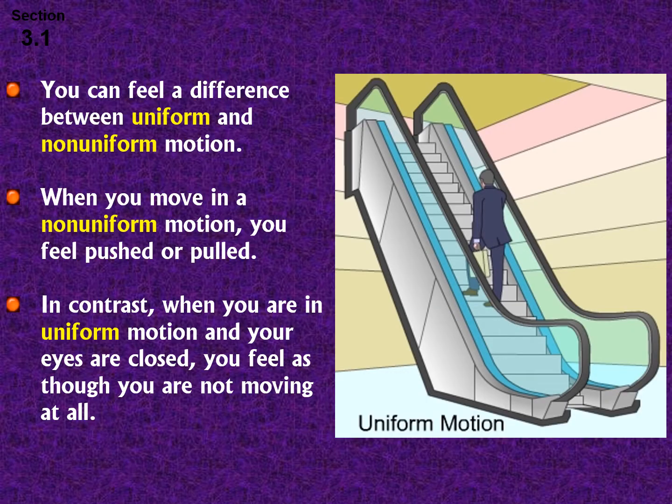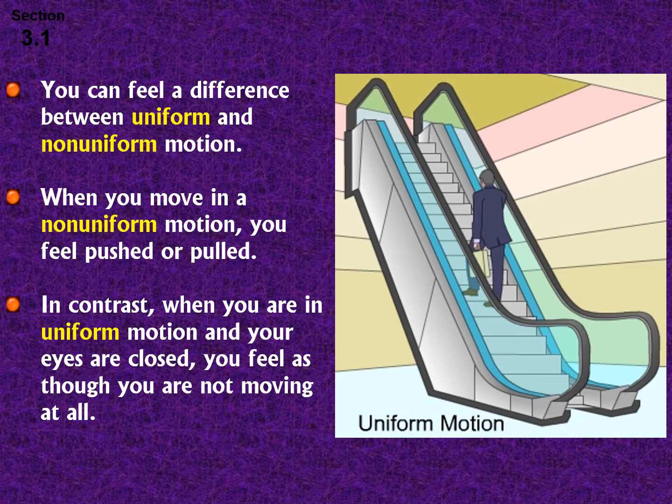So you can move smoothly, that is called uniform motion. Uniform motion we actually don't even feel. Uniform motion is funny because if you're moving uniformly, you don't even feel it. You don't believe me? Well, guess what? Right now, even if you're sitting in a chair, perfectly still, you are moving.